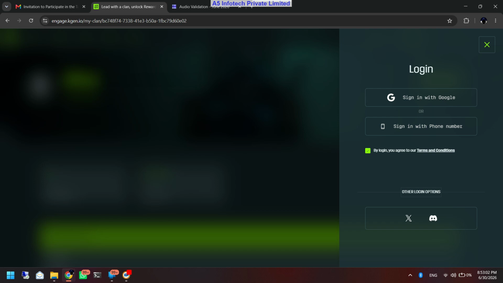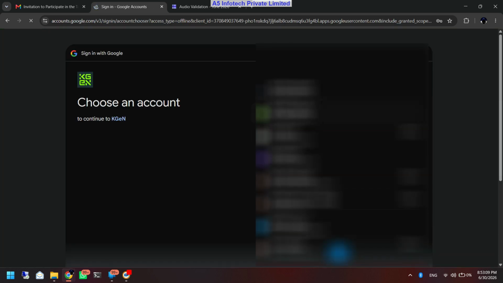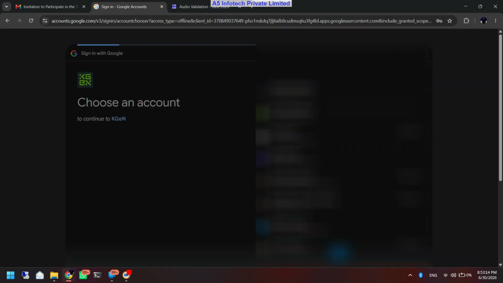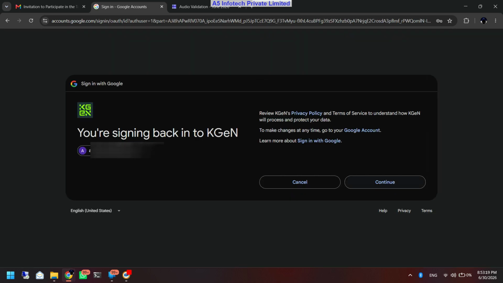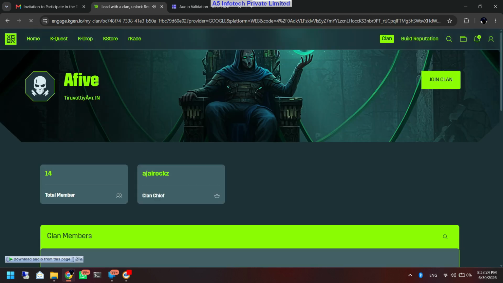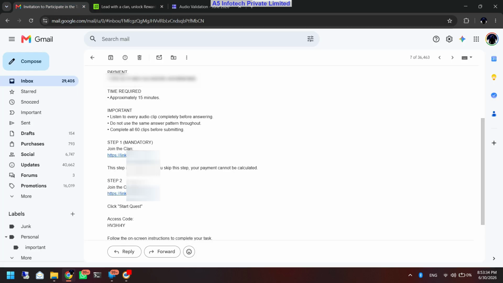Okay, now you can sign in with Google or phone number. Okay, I'm choosing Google and I'm selecting the same email which I have filled in the form. Okay. So now click join clan and I have joined. Okay. Now what you need to do, you just need to go to email and click the second link